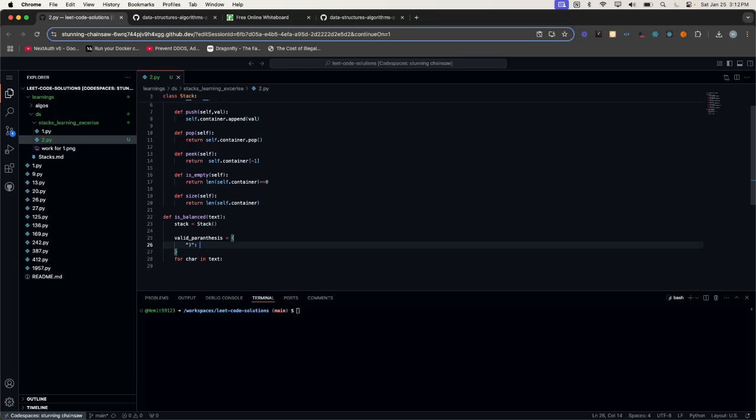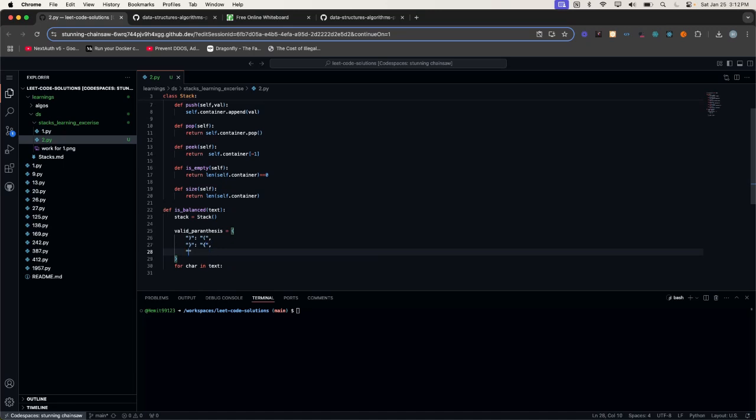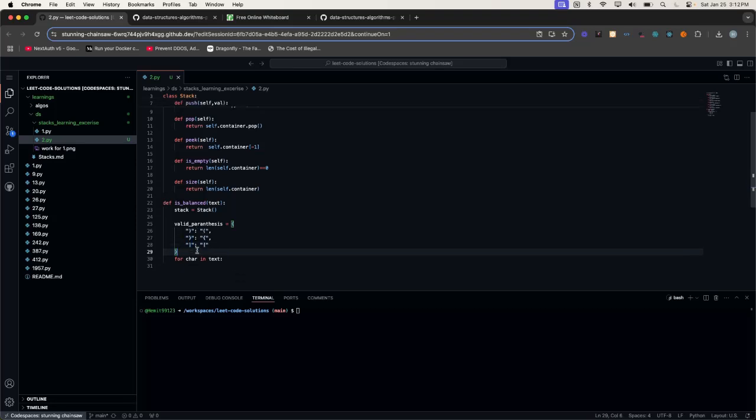And then it's going to have that. There we go. So there you go. So this is mapping out the relationship between the closing brackets and the opening brackets, because